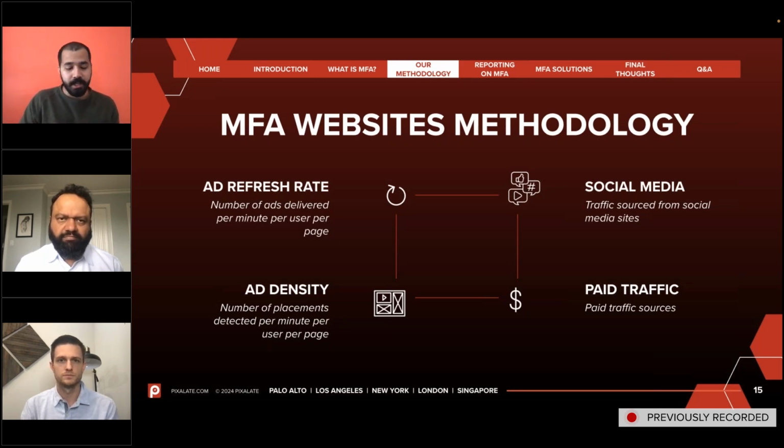So we came up, as Pixalate, with 4 different signals. Number one is a very high ad refresh rate. That's the number of ads delivered per minute per page, right? That's signal number one. I mentioned high, and it's a very subjective word, but we use a lot of quantitative and statistical techniques to determine what high is. These are real outliers, determined by looking at actual data distributions across thousands and almost millions of websites,